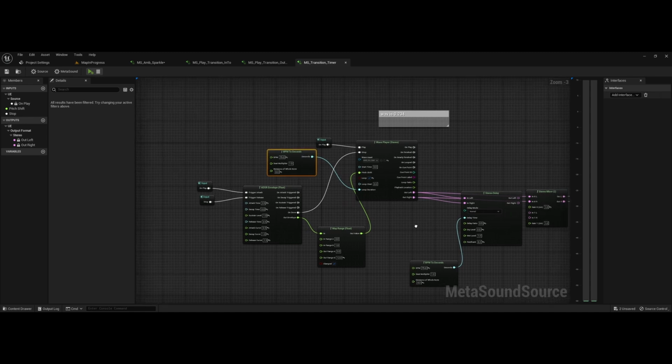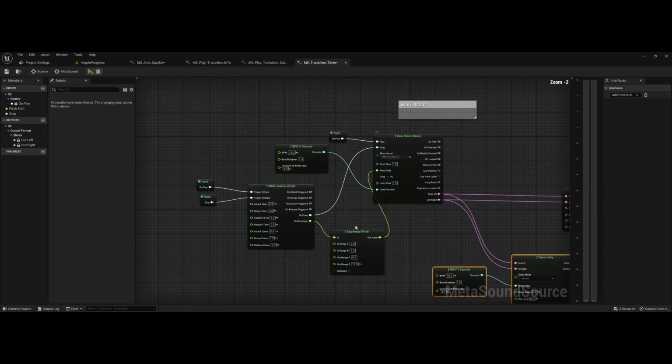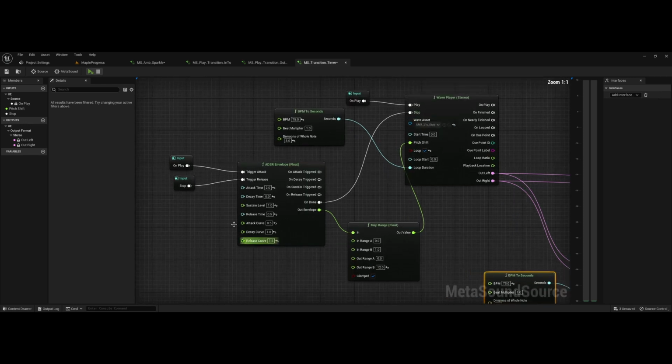Loop duration. So what I'm doing is I took a violin stab. Actually, listen. But what I do is I play a violin note and then over,